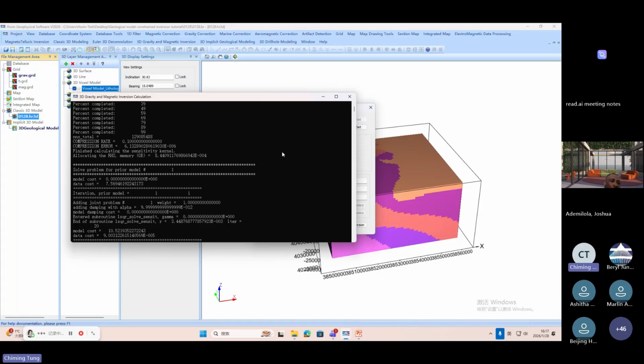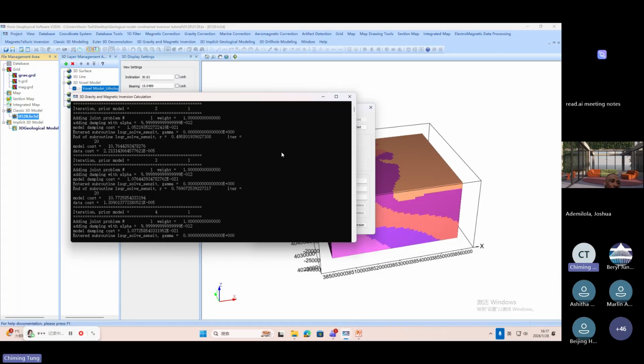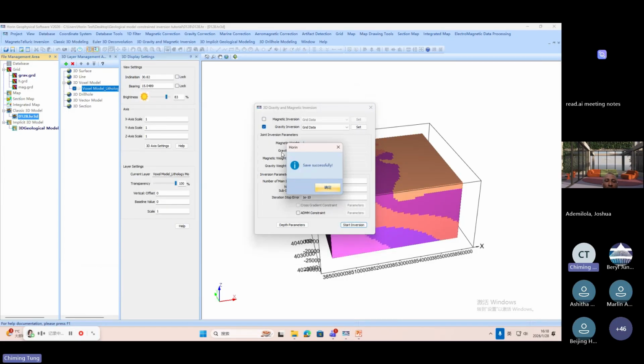If your RAM size is large, you can use a thinner grid. But if you don't have a lot of RAM, or you want a quick answer, you can adjust the grid size. In this case, the grid size was defined by the implicit model. I just use it, and after this